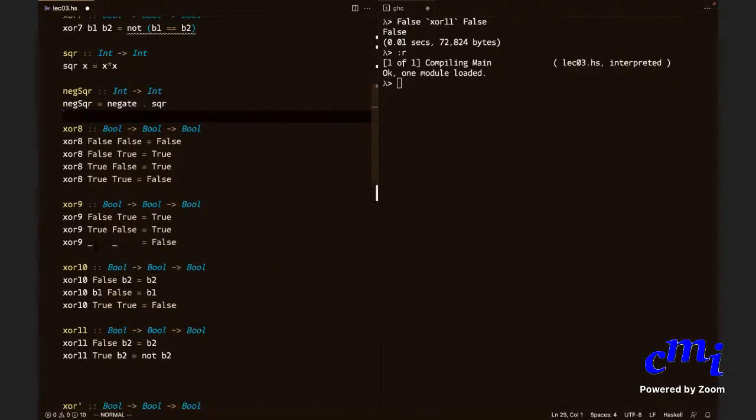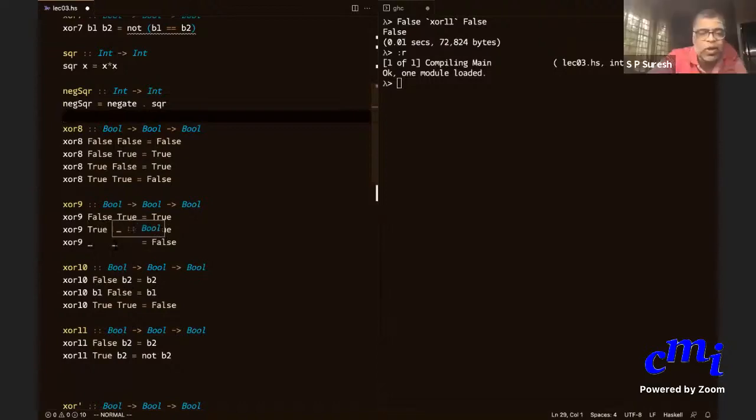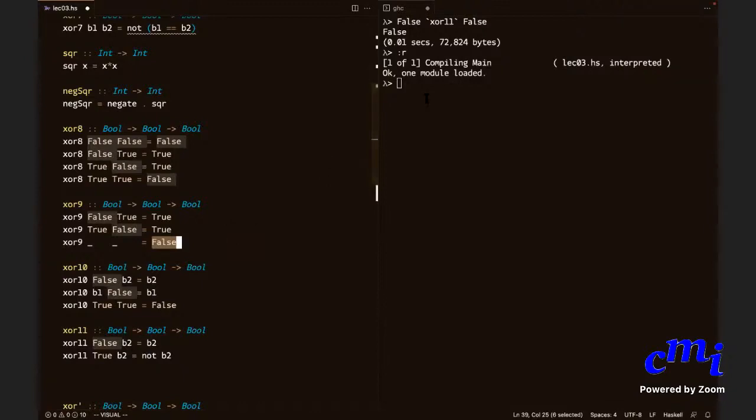Here I am able to do it because neither the first argument nor the second argument occurs on the right hand side expression. Do you see? Okay. Great. So what you say is true.